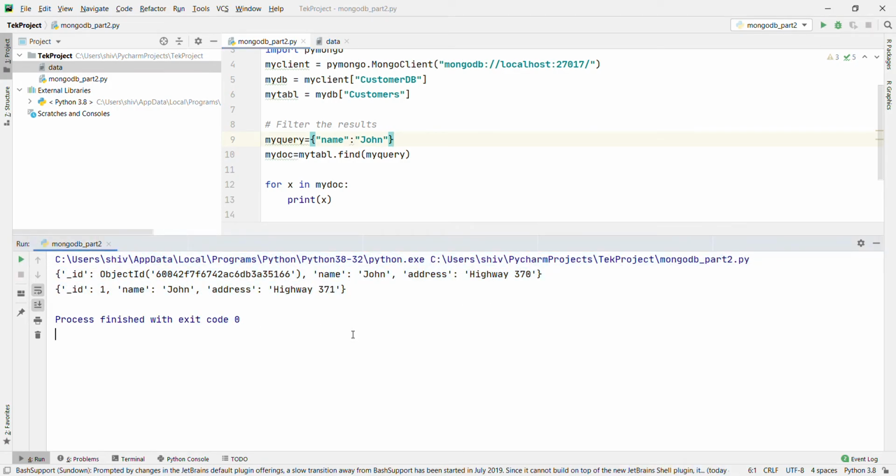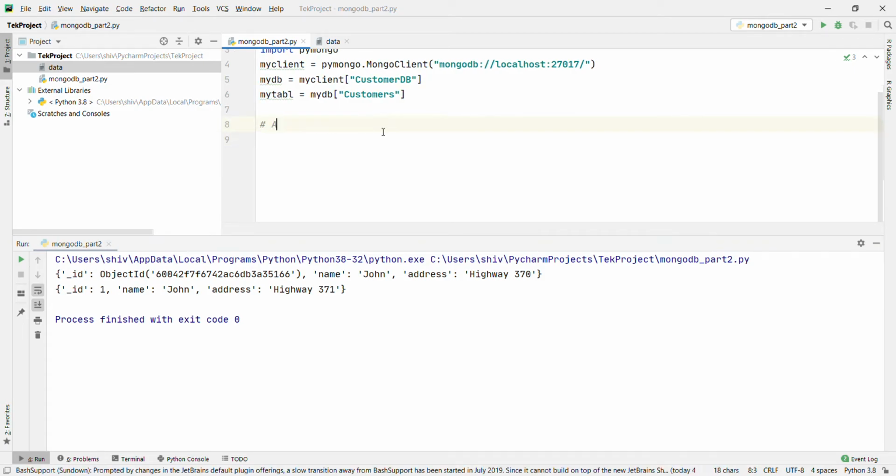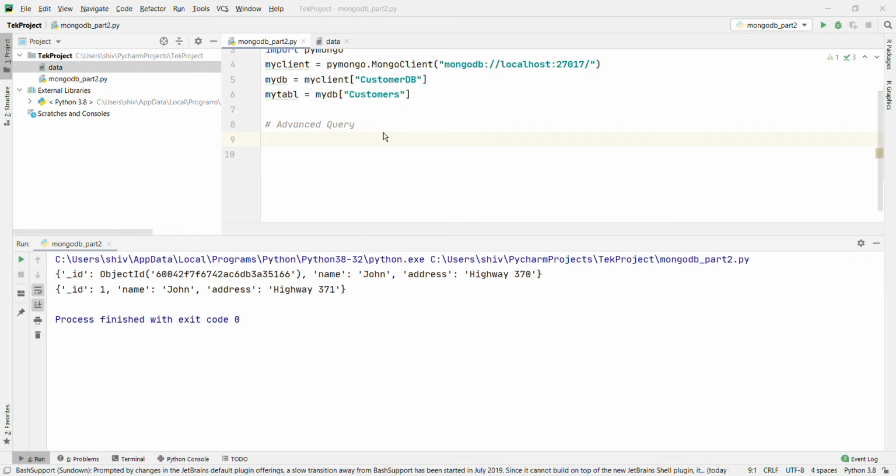Now I am going to show you an advanced query. To make an advanced query, you can use a modifier as the value in the query object. Let's remove this first, advanced query. Now I'm going to pass a regular expression on that. To find the document where the address will start with particular characters, we are going to use greater than.